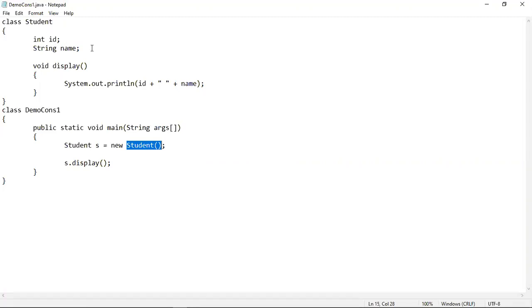Now in my previous lecture, I have shown you an example where the instance variables which are of integer types were being initialized with all zeros. Now here there is an instance variable ID which is of integer type. So ID will contain 0 after this program is executed. But name is not a variable which is of integer type. Rather, name is a string type variable.